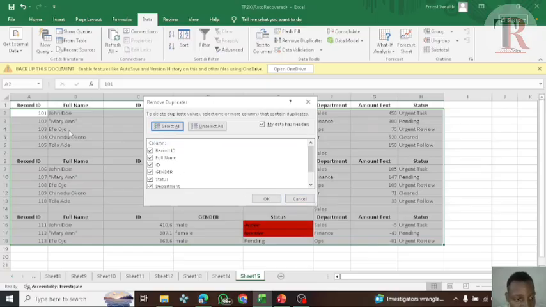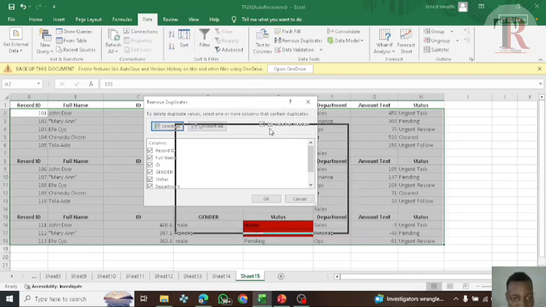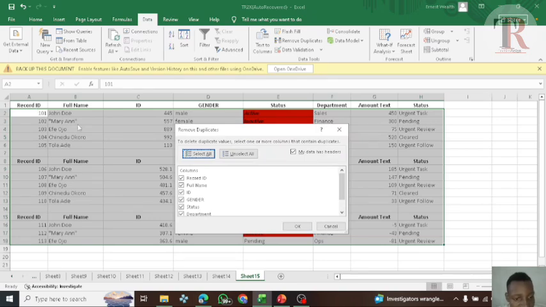Now what we are looking for is the full name. Here you can see that we have our headers here. Let me bring this down. We have record ID, full name, ID, gender, status, department, amount, text, and status. So this is telling us where we want to delete values. Select one or more columns that contain duplicates. If we select all this and click OK,